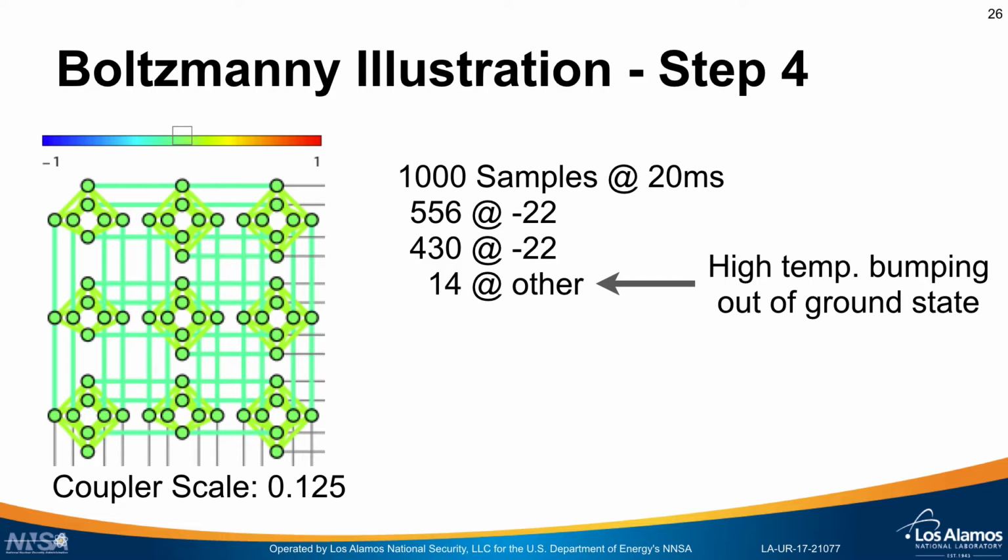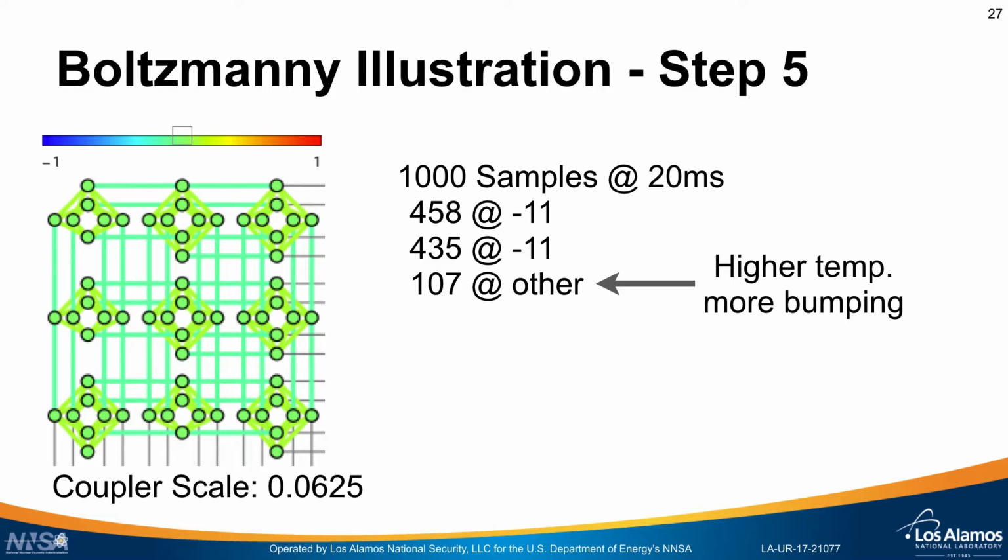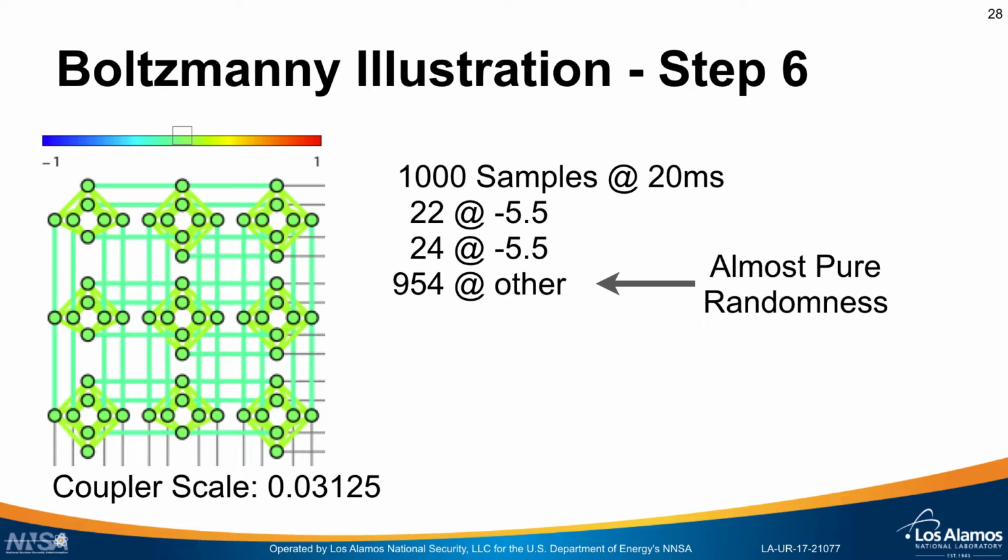So some kind of high temperature effect is causing you not to get to the bottom state every time. What happens if you increase it again for a coupler scalar of 0.625? Now you can see that a more significant portion of the samples have gone above the optimal solution, the ground state. And then if you decrease it once more, now we're at a point where basically we have almost pure